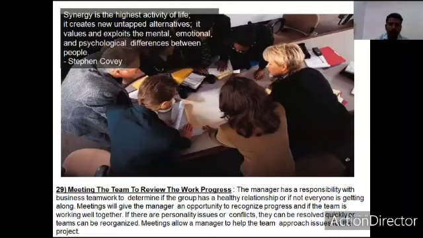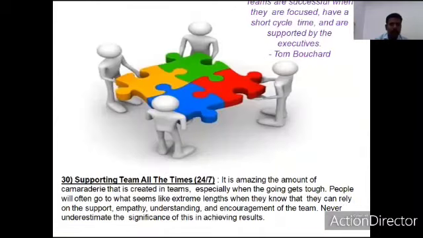After assigning, the team should also have this kind of review meeting, or concurrent evaluations during the course of action. You should monitor the work, whether things are going as per the group plan or the decision which was taken. You should have a work review meeting also, at different frequencies. And the next one is supporting the team at all times.